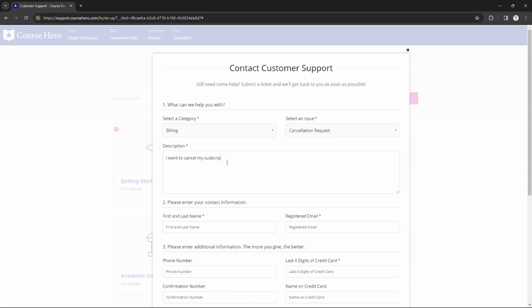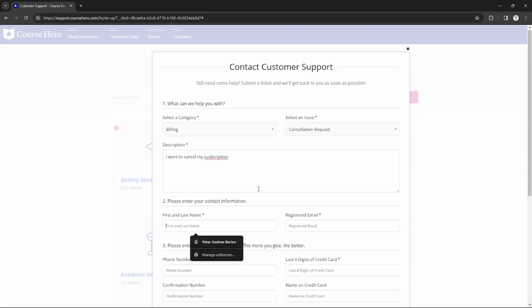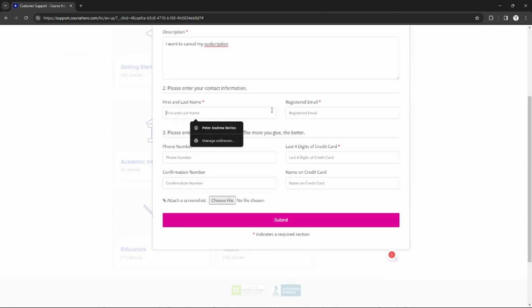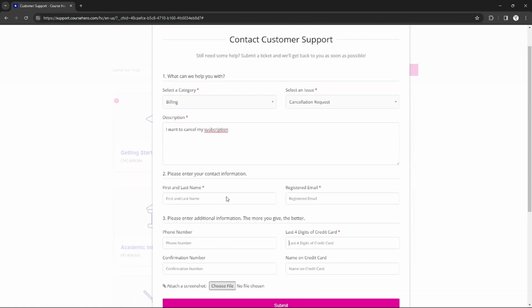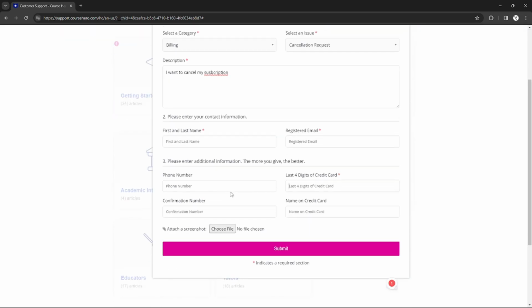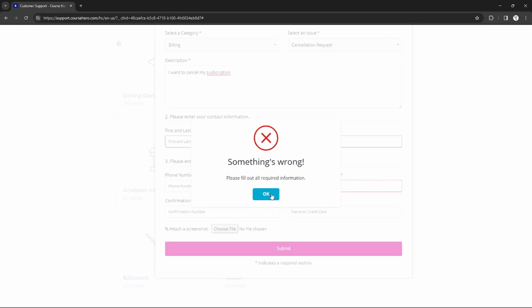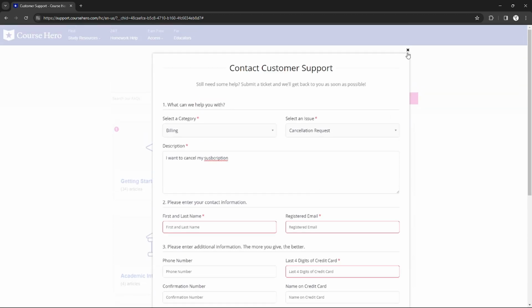And on the contact information, of course, you need to input the right information about your account, your first and last name, your registered email, and of course your phone number, and so on. And after you're done with all of that, make sure to also add a screenshot as proof of your subscription. And after you did all of that, just click submit, and your request will be received by the customer